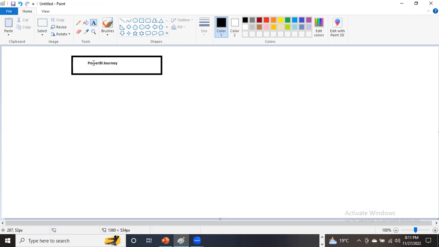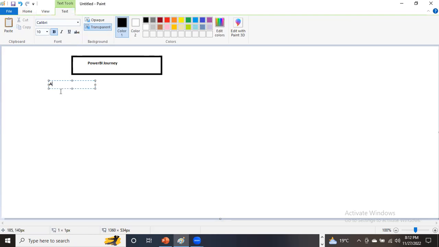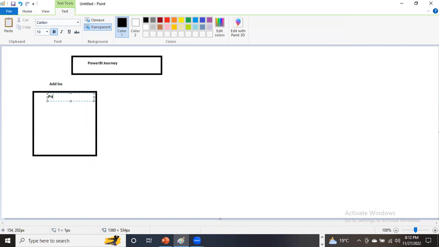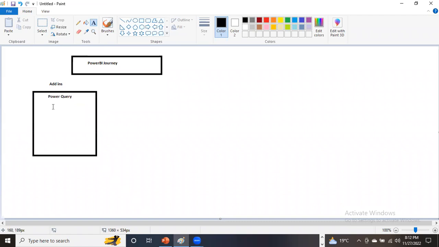So in 2010, earlier what they did, they created an add-in, that is nothing but the Power Query add-in. I'm not sure if you have used it, but that was basically an add-in. They created a separate add-in for Power Query, and once you use this add-in, you get different kinds of features and functionalities. So the add-in name was Power Query, and in this Power Query add-in, you can perform